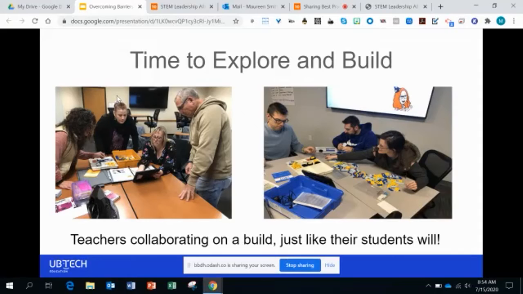And just a few more pictures of some of our other trainings, where you can see that our teachers are collaborating just the same way that our students will. One of the things we really highlight is, you're just learning this. We don't expect you to be an expert. Act like your student and figure it out. And the teachers have all done such a great job, and when they leave, they tell us how much more comfortable and confident they feel in this. One of the teachers pictured is a 4th grade teacher, and I know her pretty well,